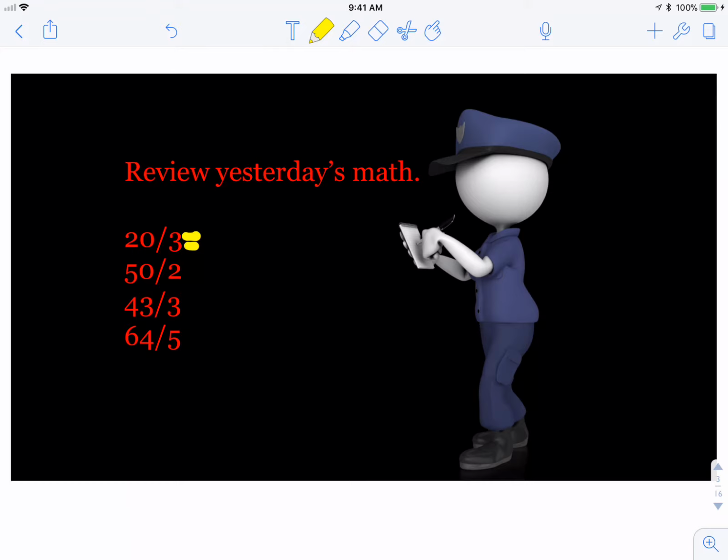How close can we get to 20 without going over? 3 times what? 3 times 5 is 15. 3 times 6 is 18. 3 times 7 is 21. Oops, too big. So we know our quotient will be 6 because,